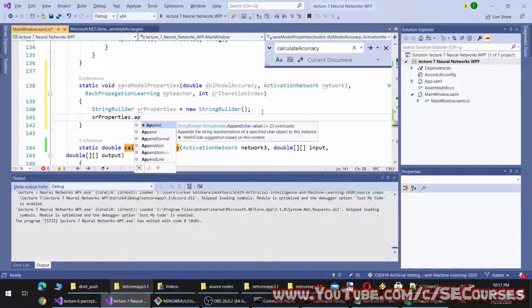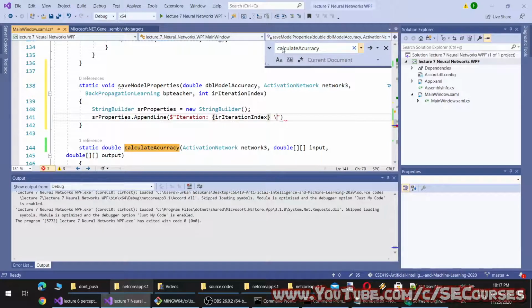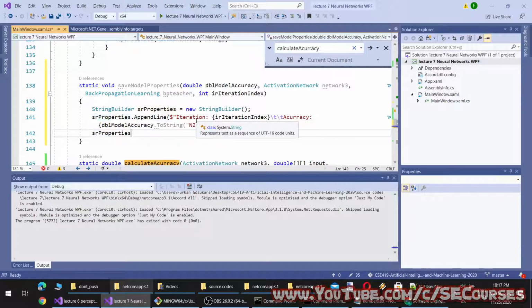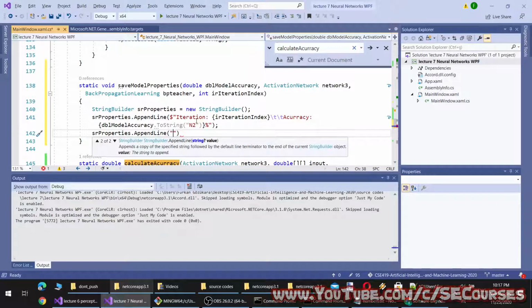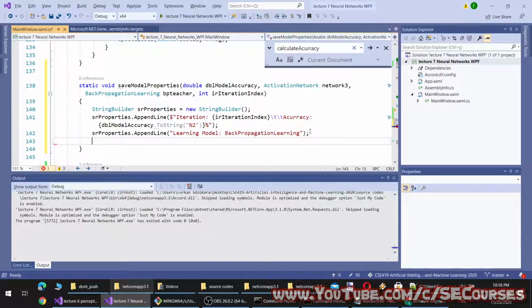Okay, append line iteration equal to top and accuracy percent, and append line, so it will be learning model equal to backpropagation, and